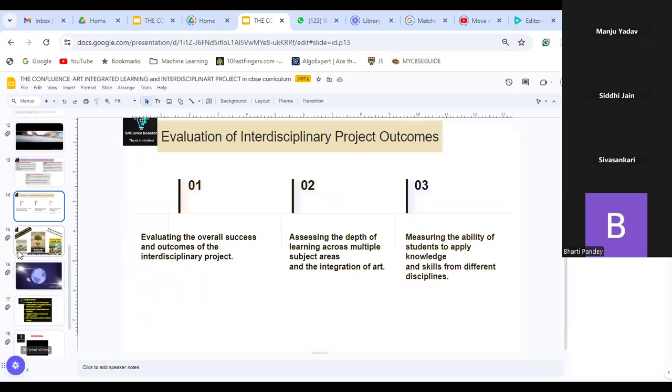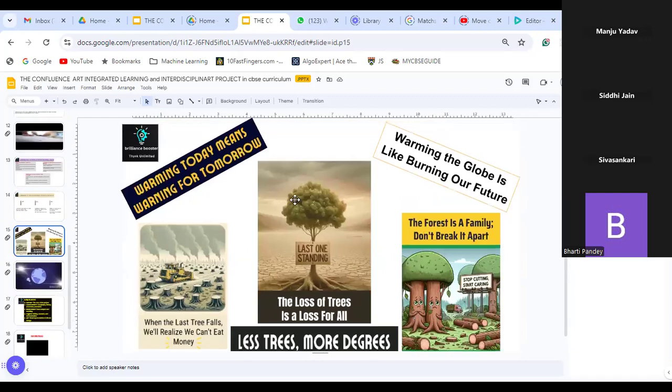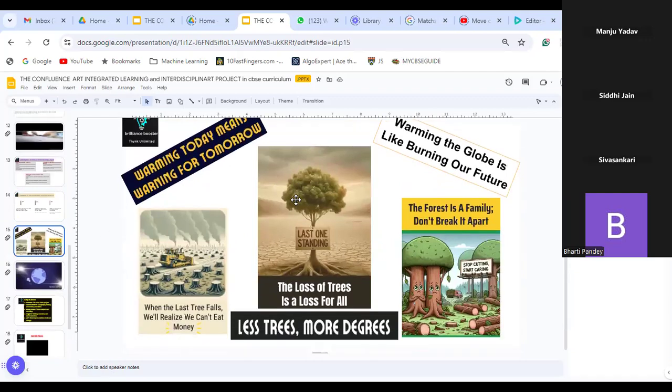And here we are with a particular part where you can easily guess. Anybody can guess what the topic can be, from the pictures? Environment. Environment. Anybody? Yes, you can. You are very close to it. Ma'am, global warming. Absolutely, absolutely. It is global warming. Absolutely, Punita ma'am, it's global warming.